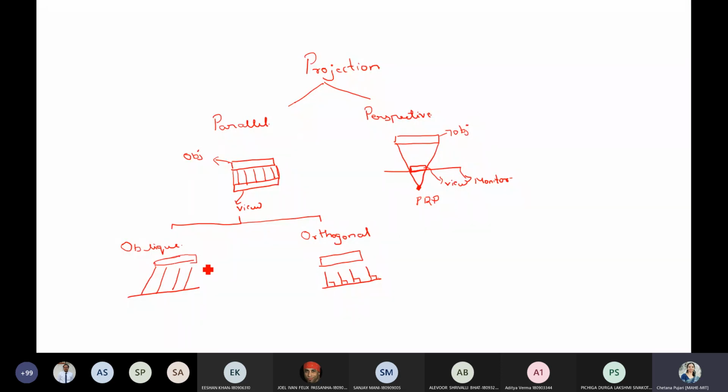The lines are parallel, but they are inclined at some angle. I think I should show a little bit more inclination. So they are parallel to each other but are inclined at some angle to your view plane. This is our view plane.